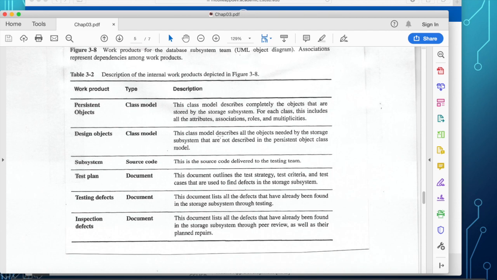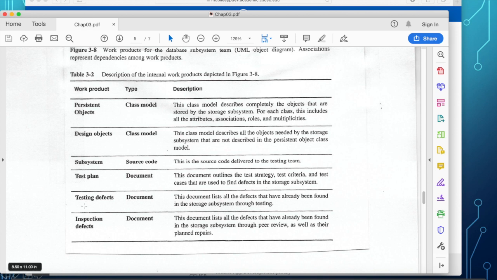And here are the different definitions of the work product. So we talk about work product, and we must produce persistent objects, design objects, subsystems, test plan, testing defects, and inspection defects.